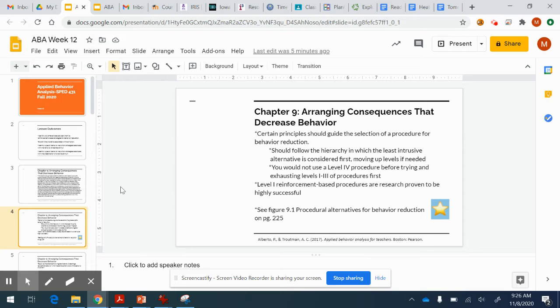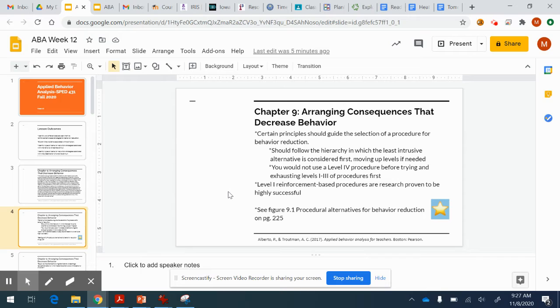So, if you think about putting a student in their least restrictive environment, you wouldn't take a student who you are just identifying for some behavior concerns and put them into a self-contained behavior room before putting other interventions and trying other less intrusive strategies or less restrictive settings before you move to that route. So same thing with choosing different consequences and